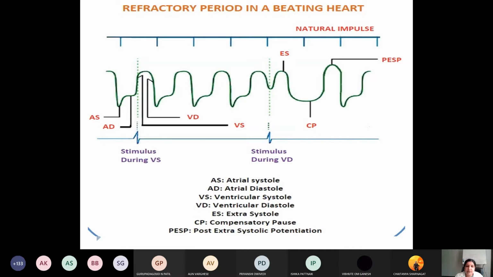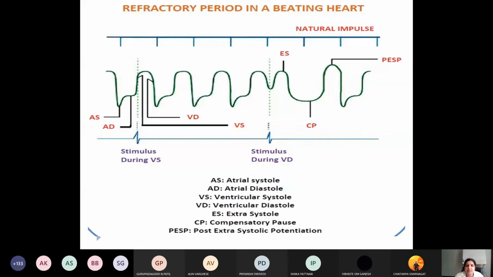There are a few conditions where extrasystole occurs which lead to, as I told, atrial fibrillation, flutter, ventricular fibrillation, life-threatening causes. That is because of this extrasystole, extra pacemaker tissue that comes, the circus movement. There are so many things which you can't understand properly at this stage, but as you go for the third phase, you will understand.